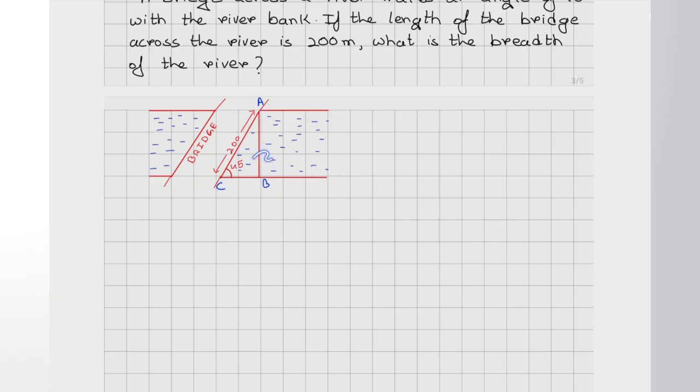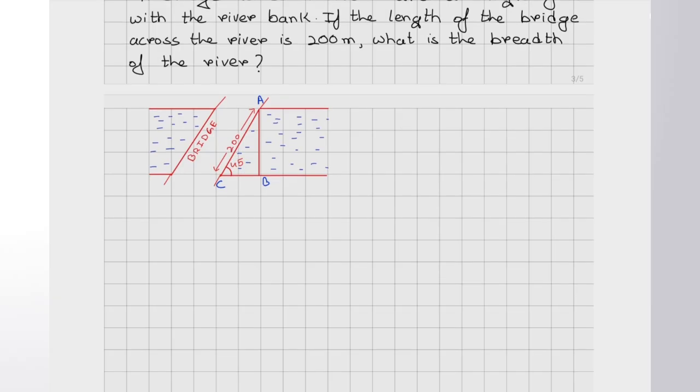So what will we do? Which of the trigonometric ratios will we use? Sine. We'll use sine, which is O by H, because we already know the H. We don't know the opposite. So we'll use sine. Now sine C is equal to opposite by hypotenuse. Sine 45 is equal to AB by AC.